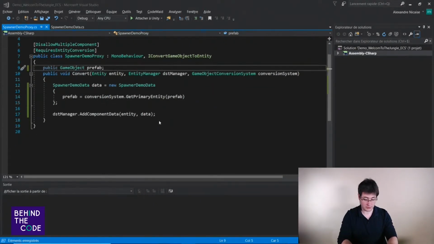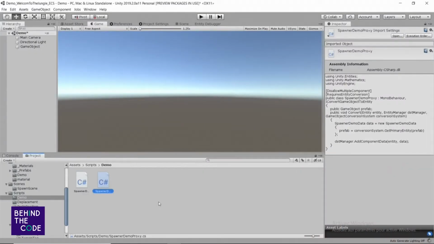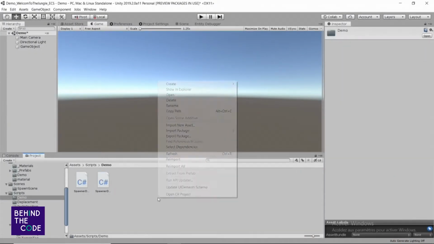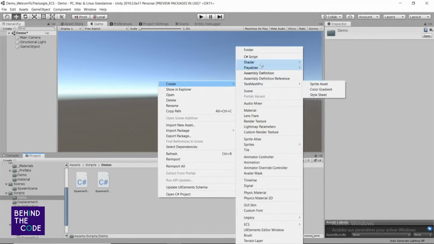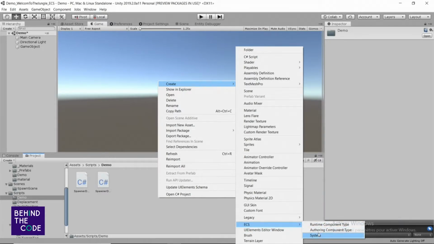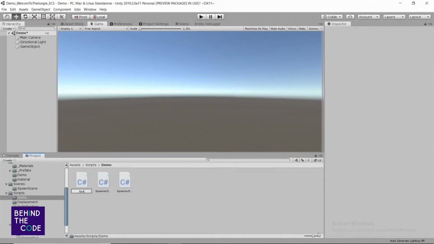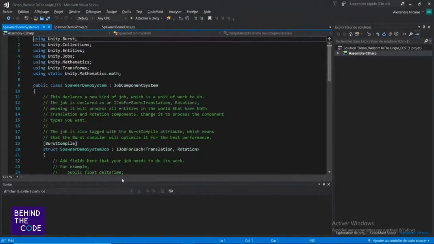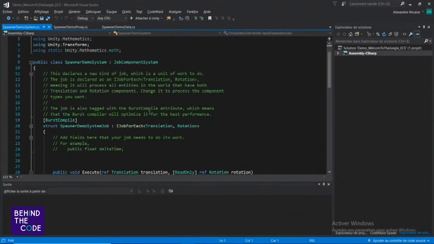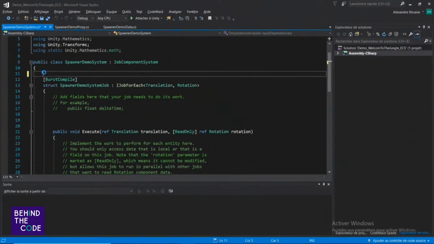So we create the little system in our folder. So in the ECS, on system, like this, spawner demo system. We open it like this, and you have your job system here.